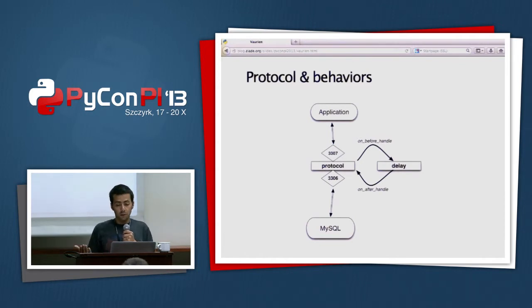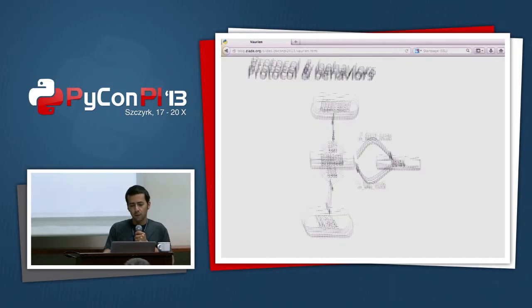You're not even forced to have a backend behind the proxy. You can just send back something as soon as you get a query. But here, the one we ship with Vaurien is basically just understanding the headers and sending back the right thing. And we also have other protocols built in, as we'll see later.